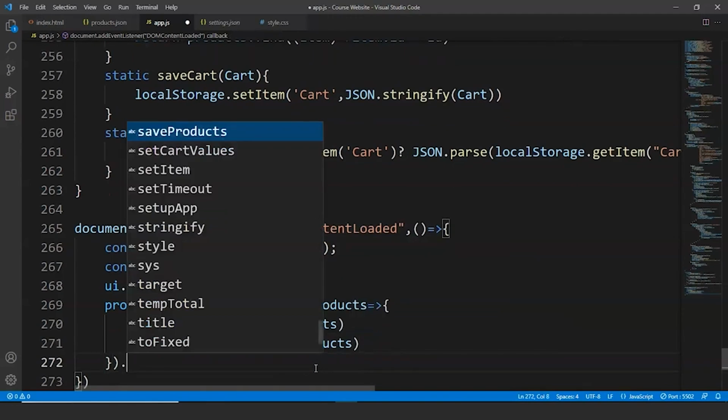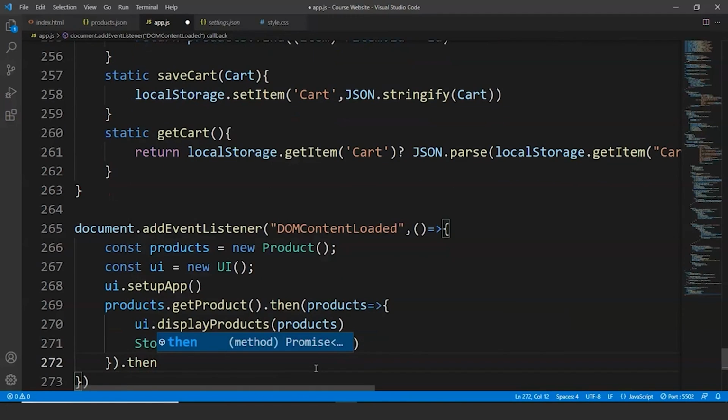Fine, we'll write here dot then, we are using promises, so here we'll write